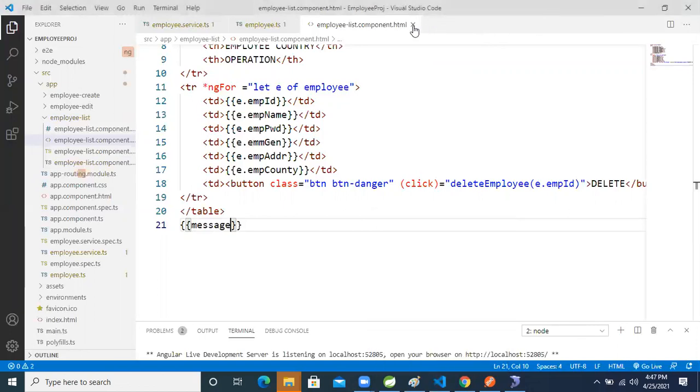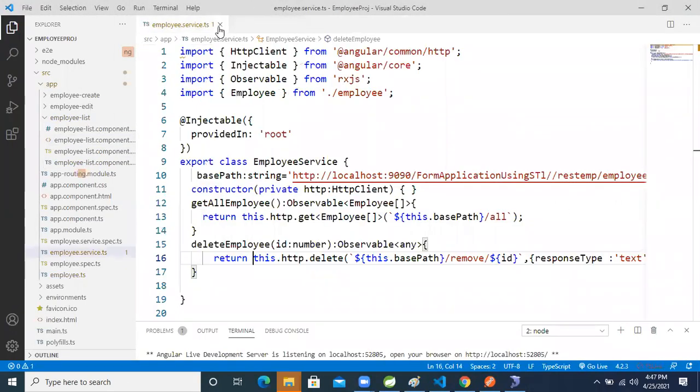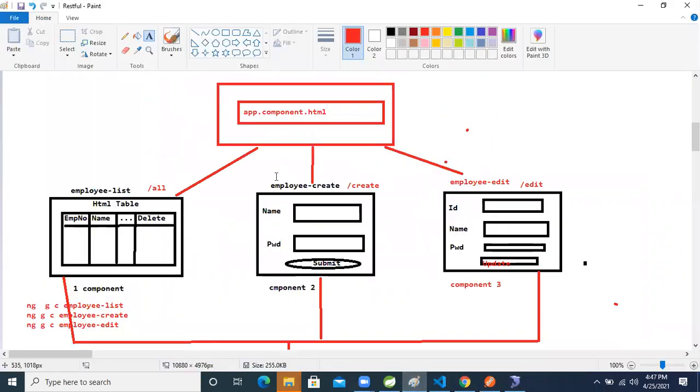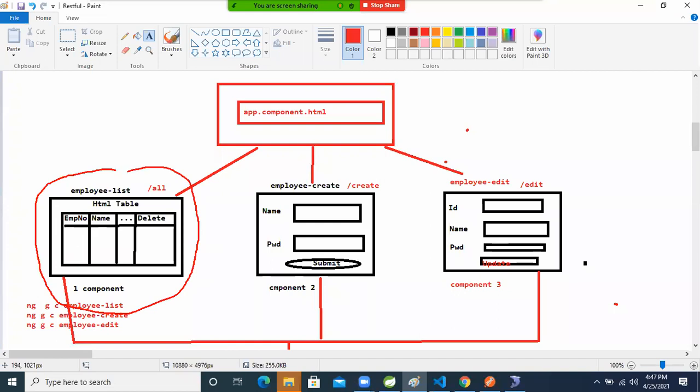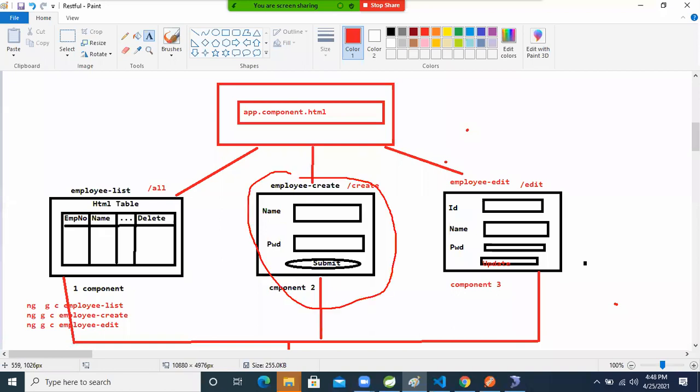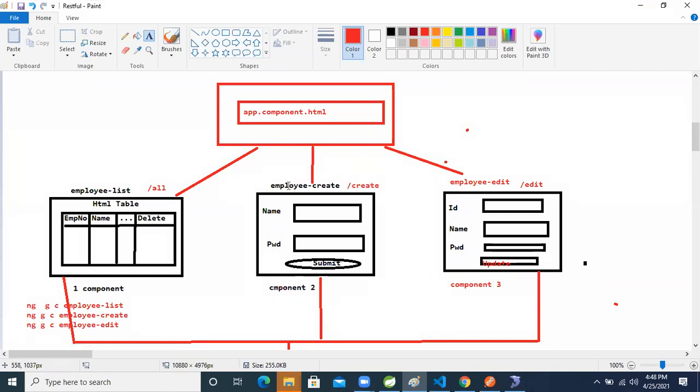Close all those things, because that is a different component. Come to our discussion. This is the form. We already completed this task, but we will come back to it later, because we need to give one edit form, and we will link this form in here. But before that, we are going to work on this area. We already created the employee create component. So let's start the work in this area.